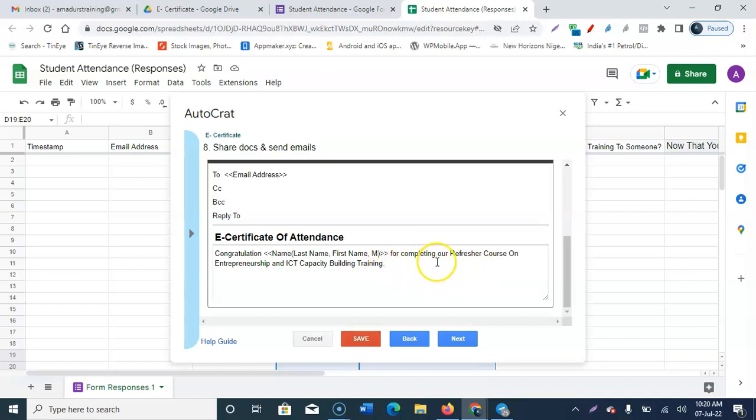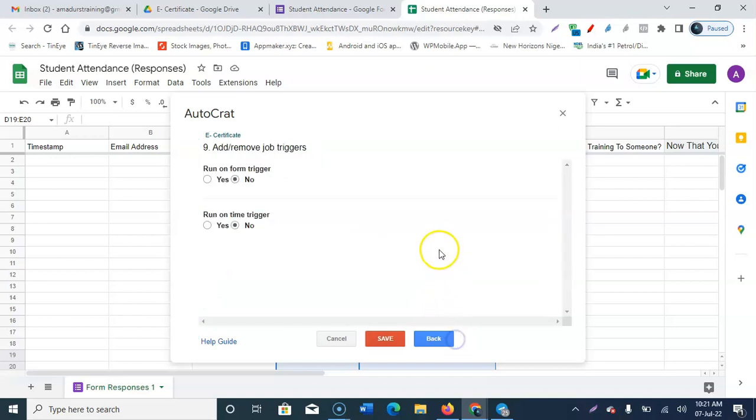So if you want to put the days, you can do that. Congratulations on completing our 4 days refresher course on entrepreneurship and ICT capacity building training. Then next, this part here, you need to make sure you run it